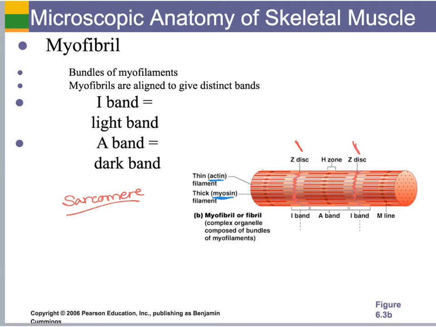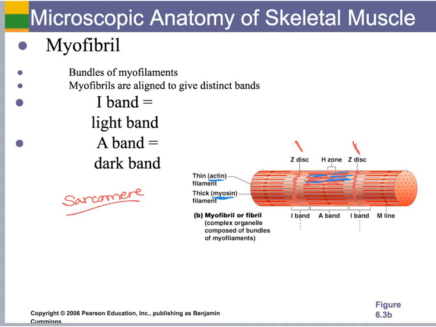And you can see within this sarcomere that we have an area where, I'm going to go back to red, we have these myosin filaments here, right? And also, you can see where we have the actin filaments kind of overlapping,